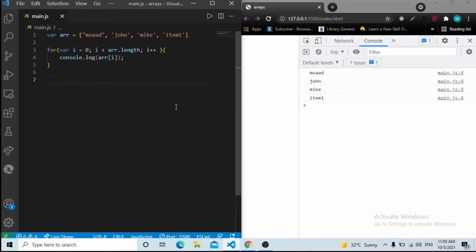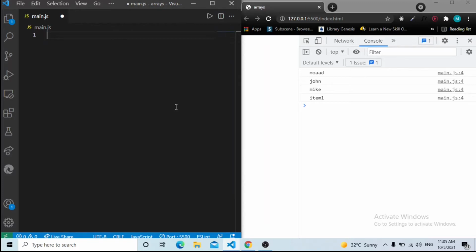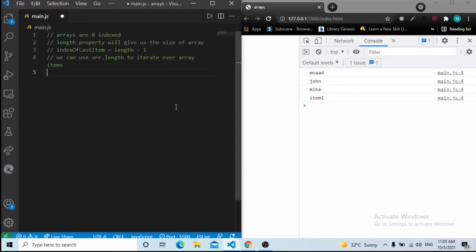Okay, now if we summarize what we learned in this video, let me paste this in here. Number 1, arrays are 0 indexed. So the first item of an array will always have the index of 0, and we can access the size of an array by using the length property, and the index of last item inside of an array will always be the length of the array minus 1, and we can use array.length to